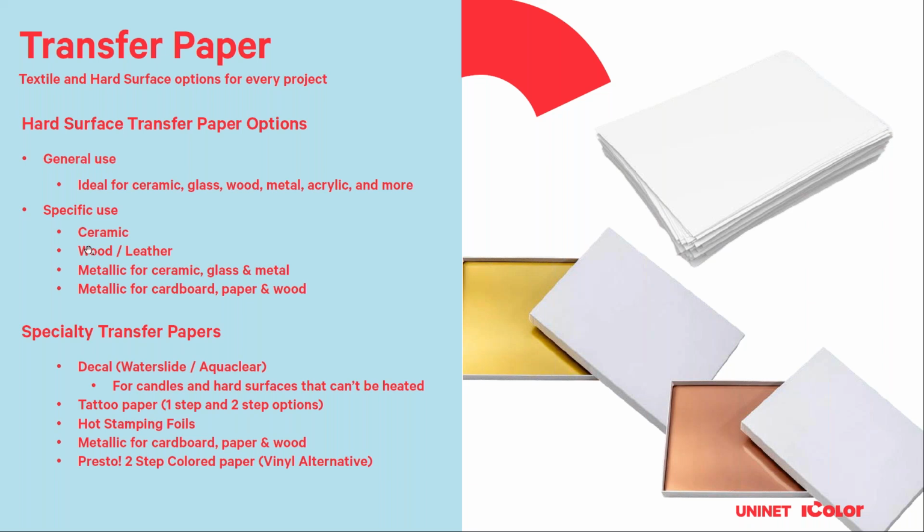That's gold, silver, blue, red, all these really rich colors that your printer may not be able to print. And it's kind of like a vinyl alternative as well. And we have a ton of videos and instructions on our website about Presto paper. I especially like the Presto Ultra Bright paper, which is available in gold and silver only. It's super stretchy like the Select Ultra Bright, and the silver and gold is really, really shiny, and it really sticks and lasts a long time.